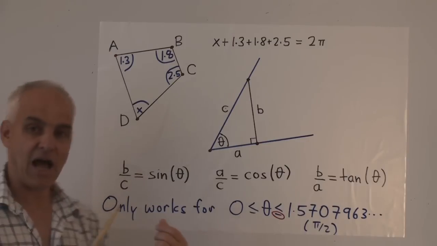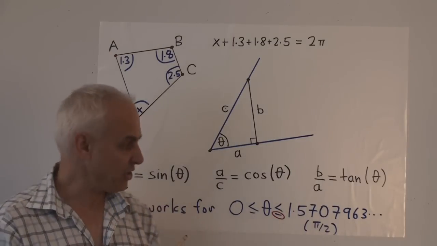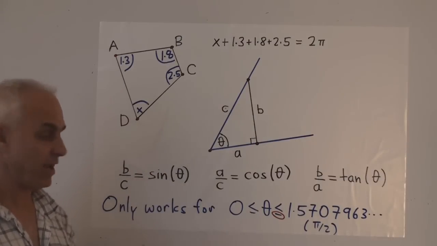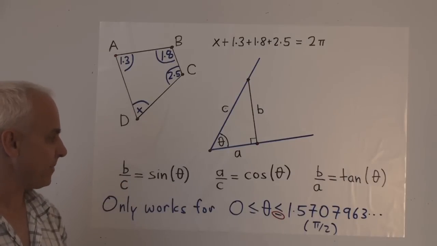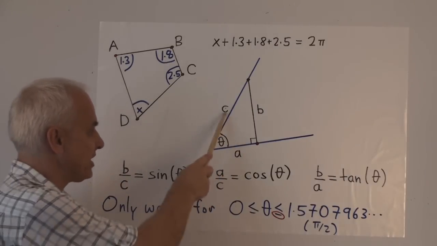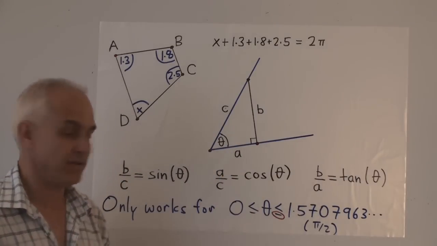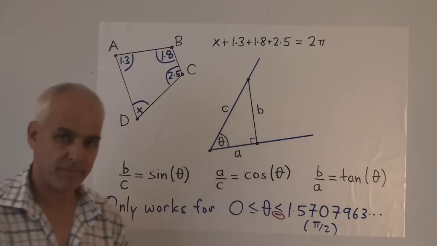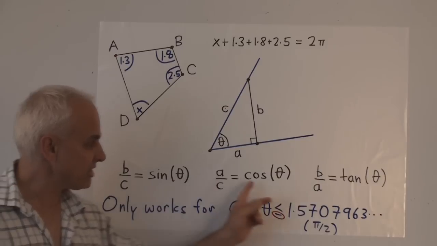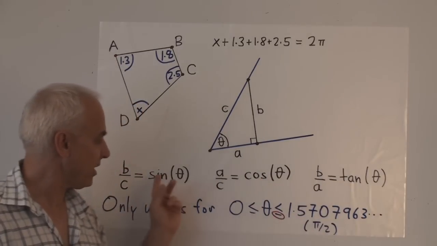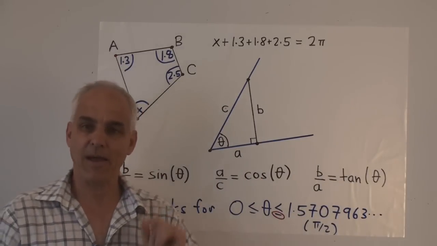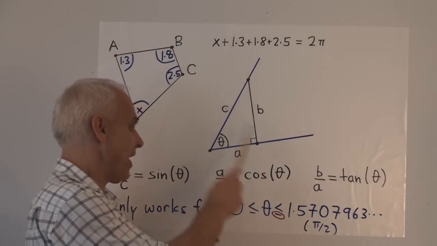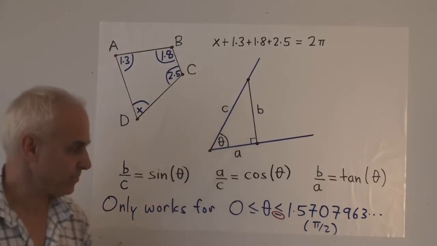But the connection is a highly non-obvious connection, and it's these days given by this function sine theta, which is usually defined in this way. The ratio A over C is called the cosine of theta, and B over A is called the tan of theta. So in the modern setting, these three things are not so much ratios, but functions that take an input theta and output the ratio.